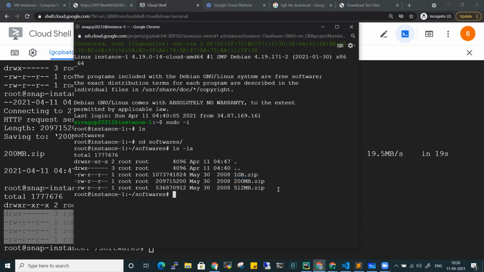Even though I have created an instance from snapshot 3, and snapshot 3 has only these two sizes as its value, when I create an instance from it, as these are incremental values with only the change in the delta, all the previous snapshots are also accumulated, and the latest one creates the instance. That's the reason we are able to see all the previous data also, 1 GB, 200 MB, and 512 MB. So that's how you create a snapshot.